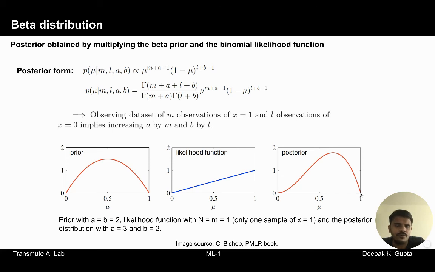And if we have more observations, we can now use this as the prior. And again, with the new observations, we can construct another likelihood function to obtain the updated posterior.